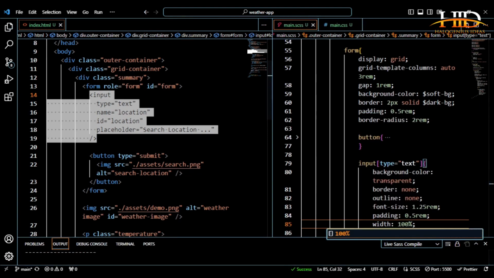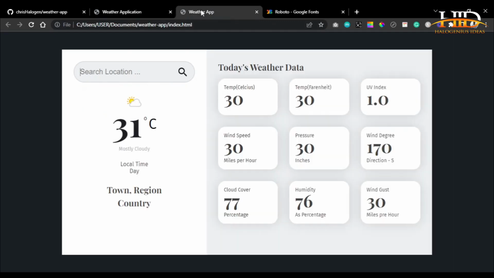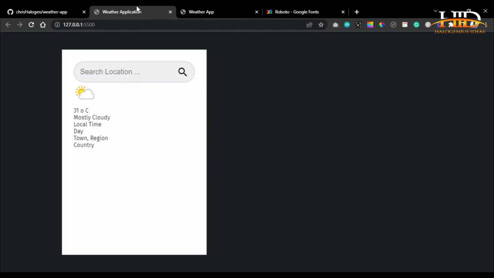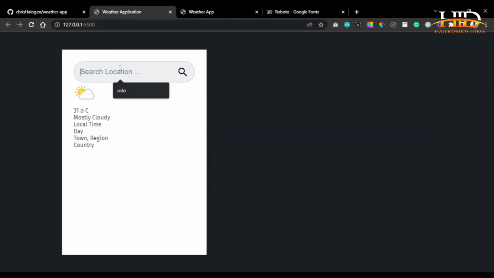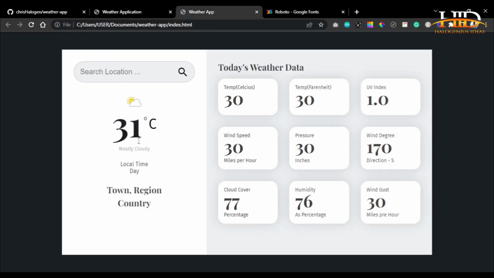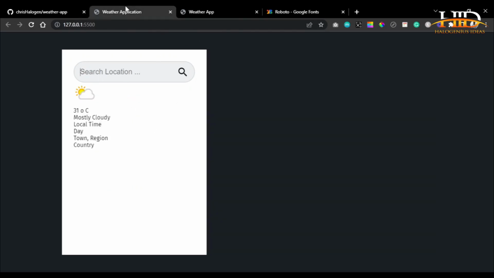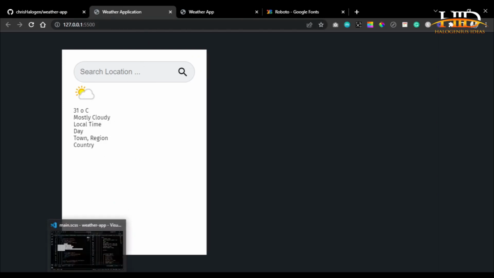Save this, come here, you see this is looking sparkling white, just the same way this other one is. So if you come here, you try to type anything. So we are done with this basically, so we can move on to this and the other one. So let's continue with this. So for the image,